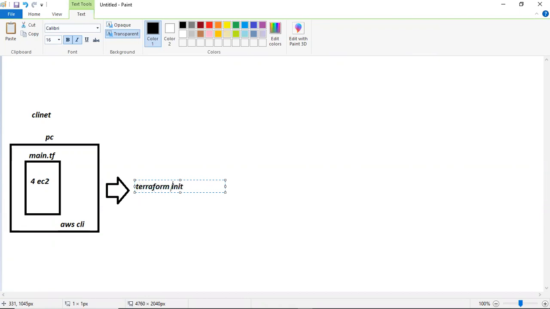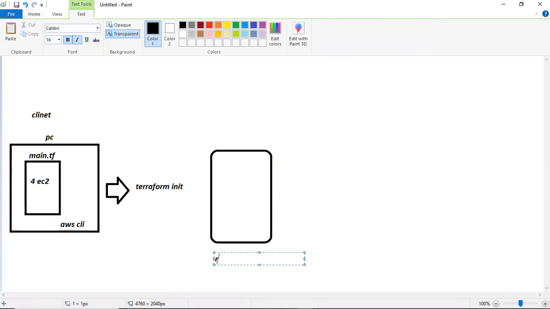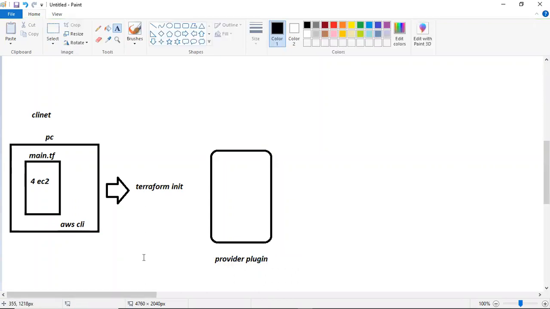Terraform init. This init command will be downloading the provider plugin. This is the provider plugin. In my configuration itself, I will be writing some setting blocks.